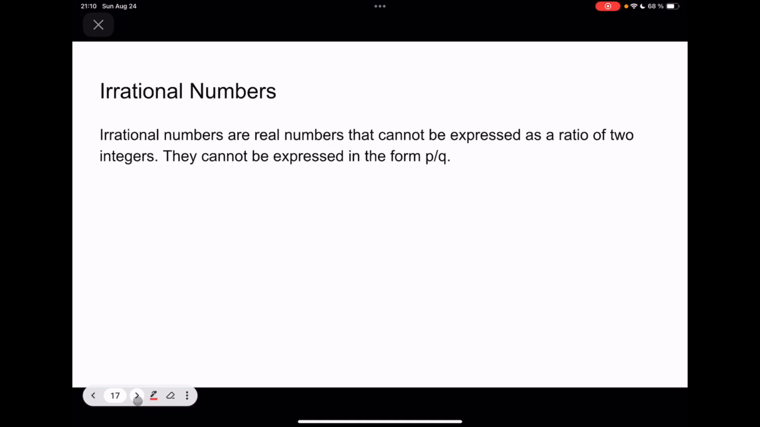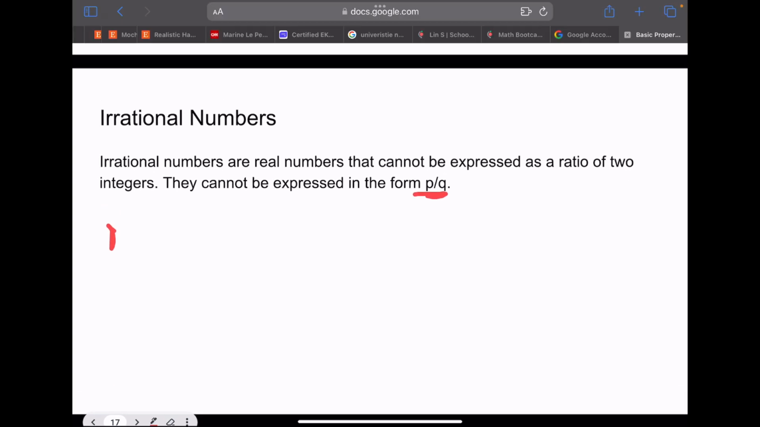Irrational numbers are real numbers that cannot be expressed as a ratio of two integers. They cannot be expressed in the form of p over q. We learned this earlier that p